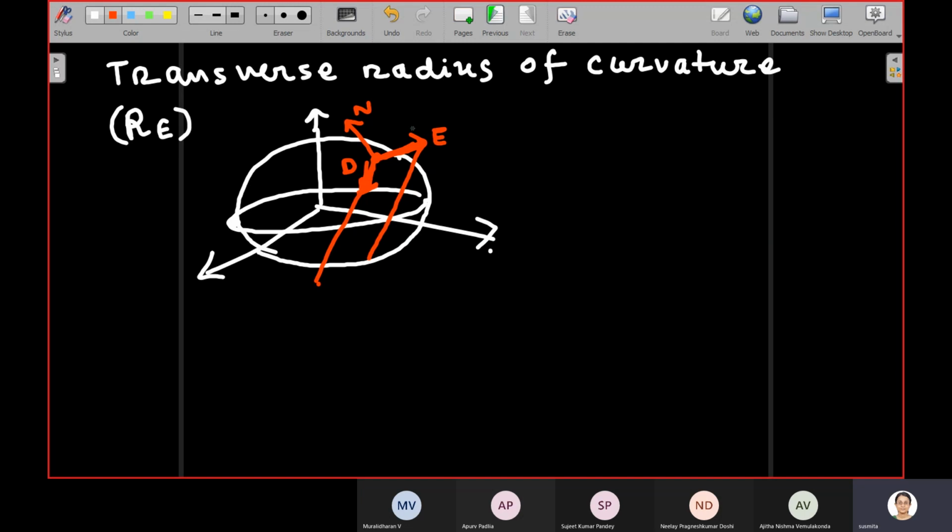Either we have to take the cross section in the north down plane, or we have to take the cross section in the east down plane. Okay. So when we take the cross section in the east down plane and find the best fitting circle at that plane, we get the transverse radius of curvature, RE. The expression of RE is R naught